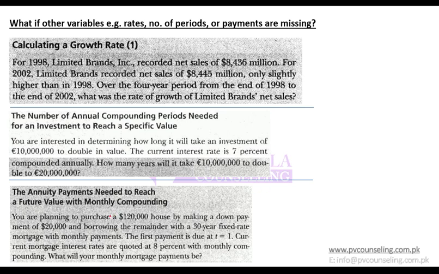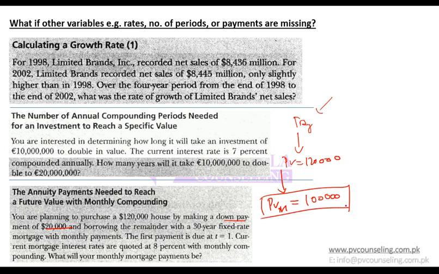If you look into it, you are planning to purchase a house. When will you purchase this? You will purchase this today. So that means house value is the present value. But then you are told that you make a down payment of 20,000. If you have already paid 20,000 as down payment, then how much would you borrow? You will only borrow 100,000. So although the present value of the house is 120, for the mortgage, the present value will be 100,000 because you have already paid 20,000.